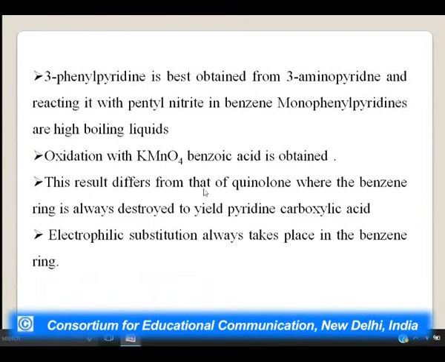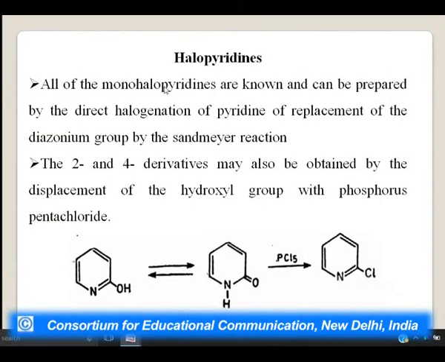These results differ from that of quinoline, where the benzene ring is always destroyed to yield pyridine carboxylic acid. Electrophilic substitution always takes place in the benzene ring. Other derivatives of pyridine are halopyridines. All the monohalopyridines are known and can be prepared by the direct halogenation of pyridine or replacement of the